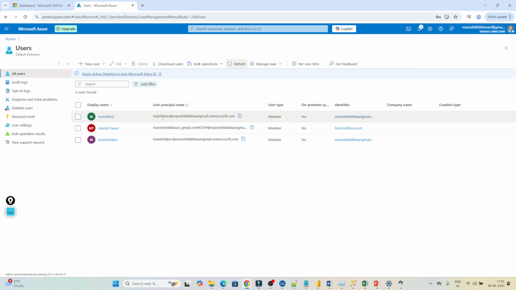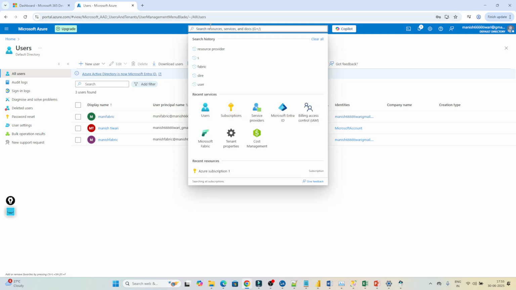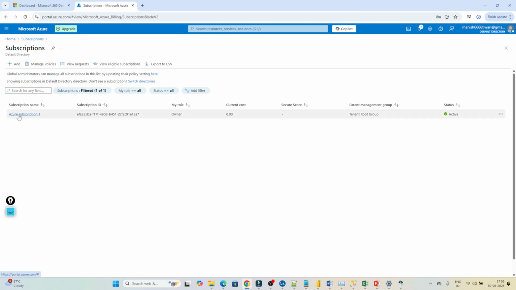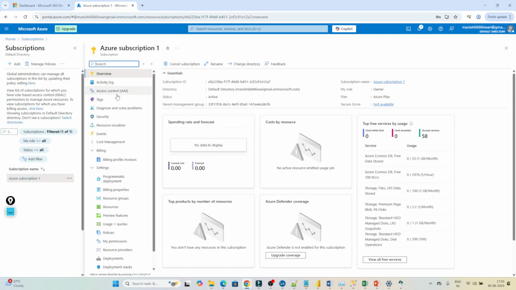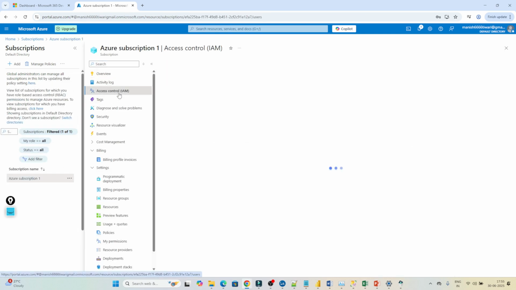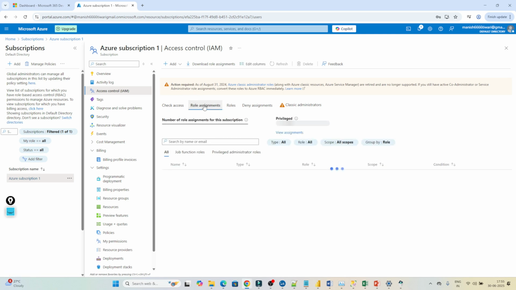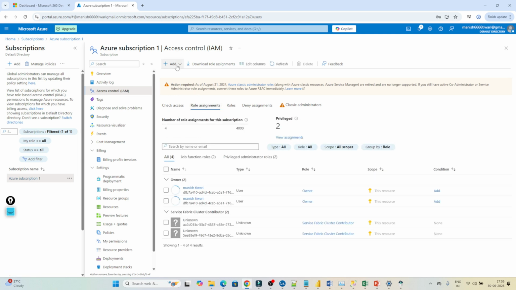Now after creating a user, we have to also assign a role. So what actually you have to do, search for the subscription. In the search bar, search for the subscription, click on your subscription, go to the IAM role. We are going to assign a role to the user so that he will be able to create resources and all. After that, click on the role assignment, click on the add,